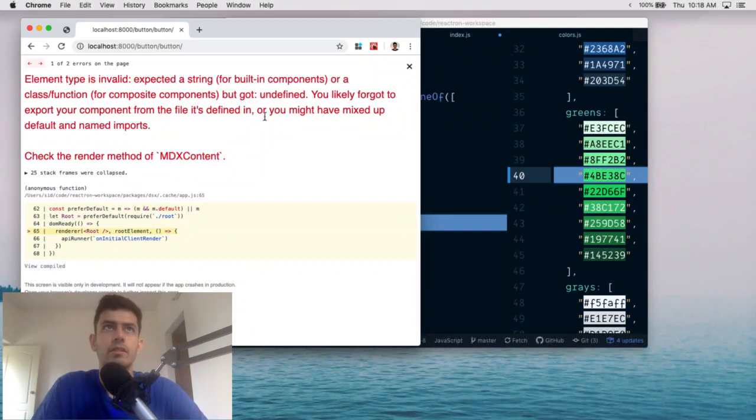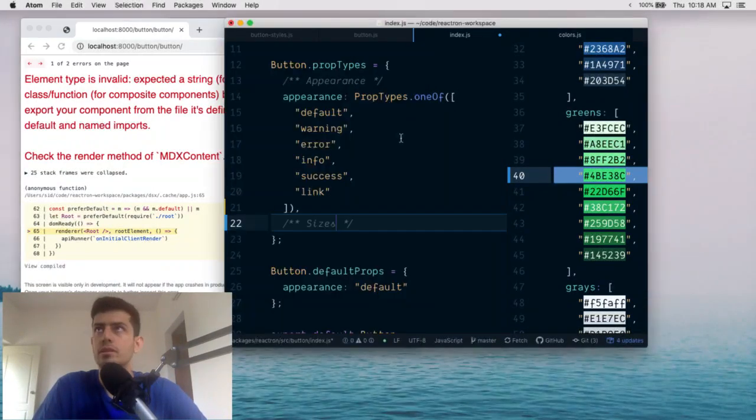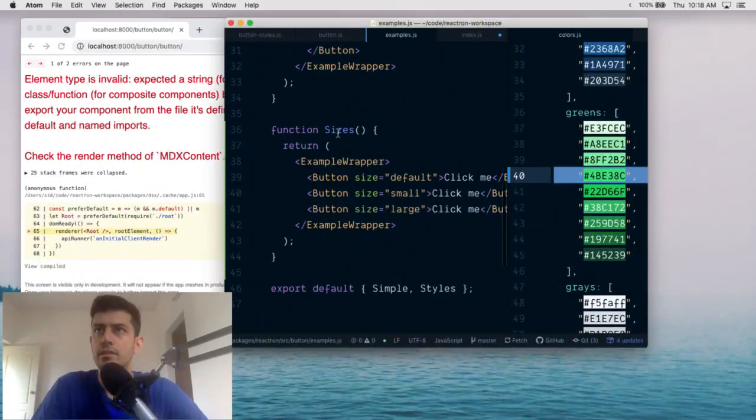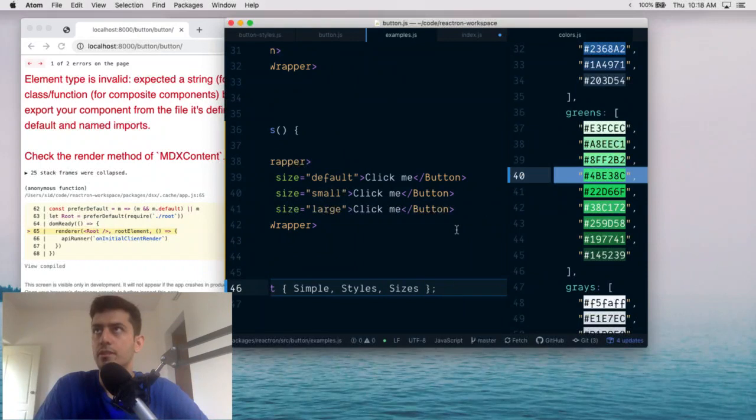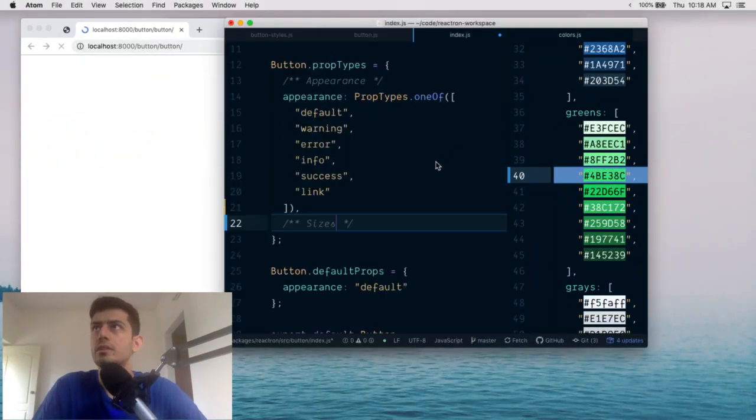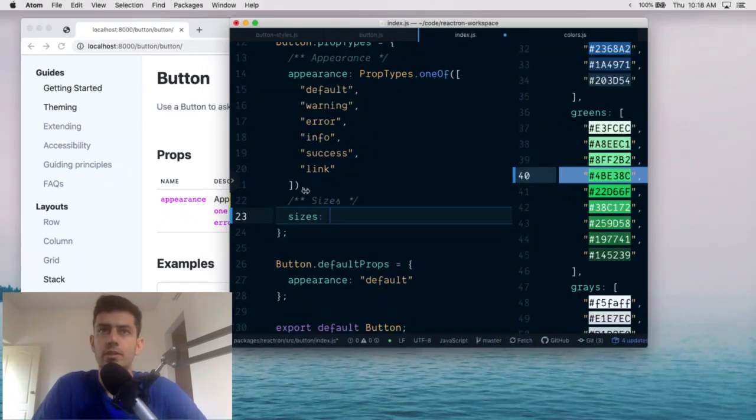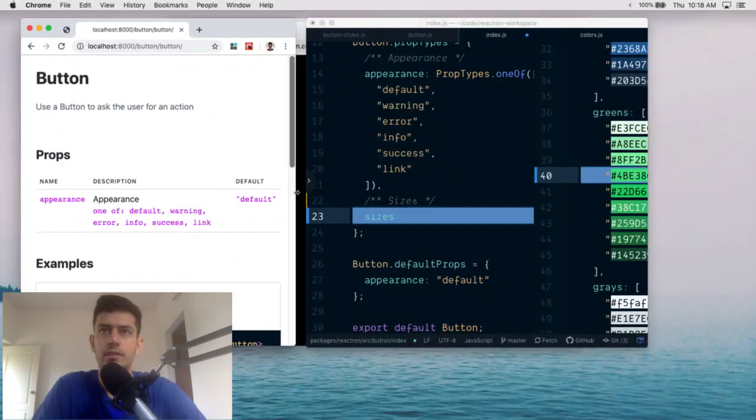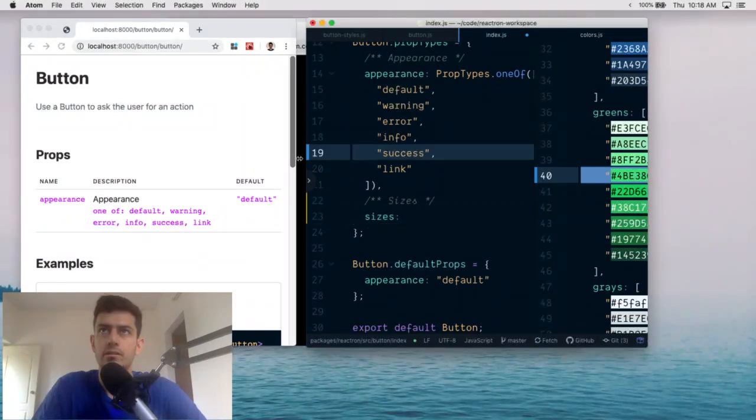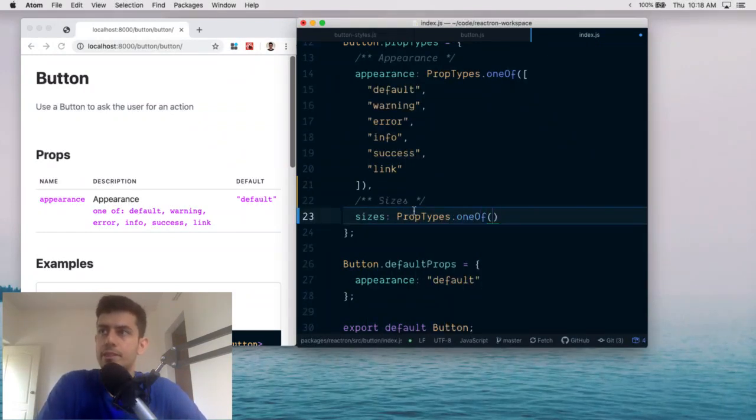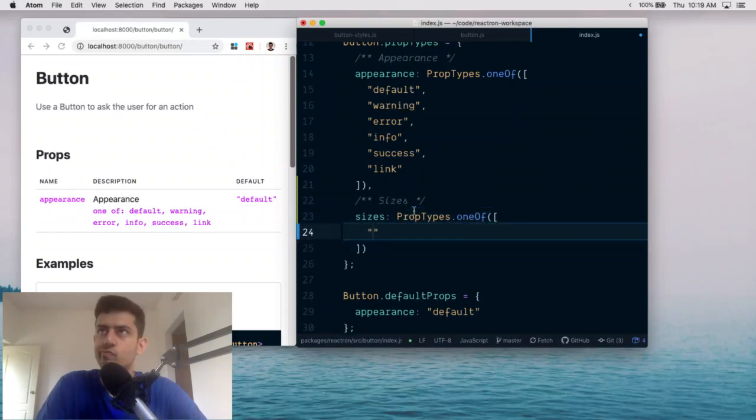Oh wait, I broke something. Invalid string. Oh, okay. Button examples. Sizes. Yeah, I forgot to export it. Okay, there we go. Reload. Cool. Sizes is a prop which I want to introduce here. We can kill this. Sizes is prop types. One of it only accepts small,